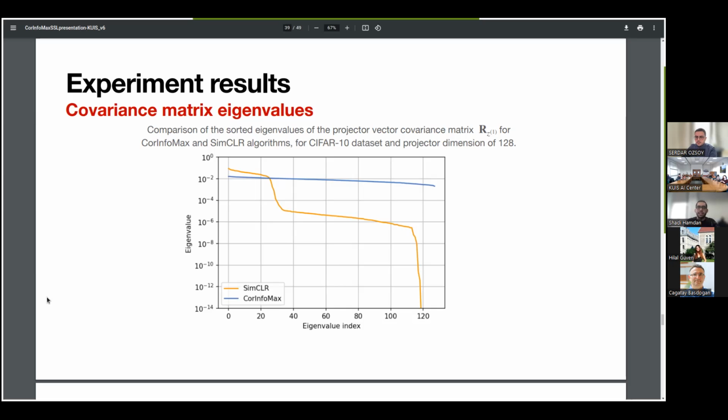So this tells us that we are making use of the entire output space, and there is no dimensional collapse or anything of that sort, unlike what we see in SimPLR. This was very useful for us to see the effect of CorInfoMax on the output covariance representation.